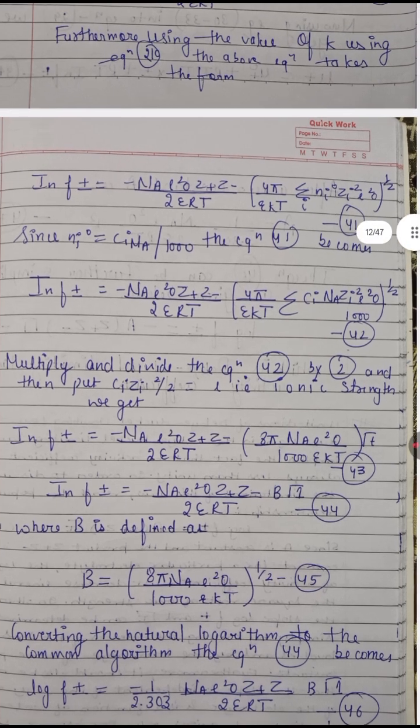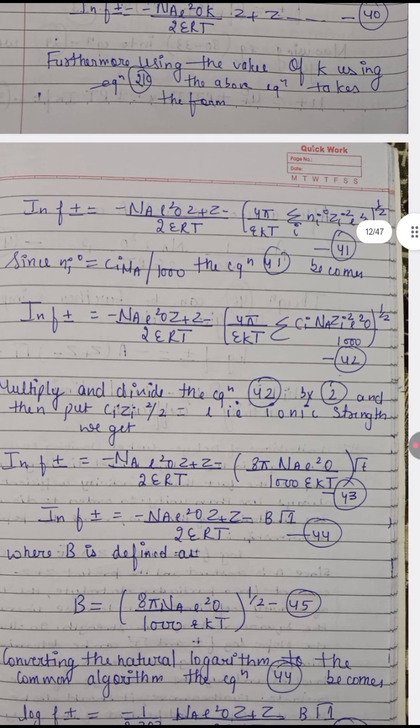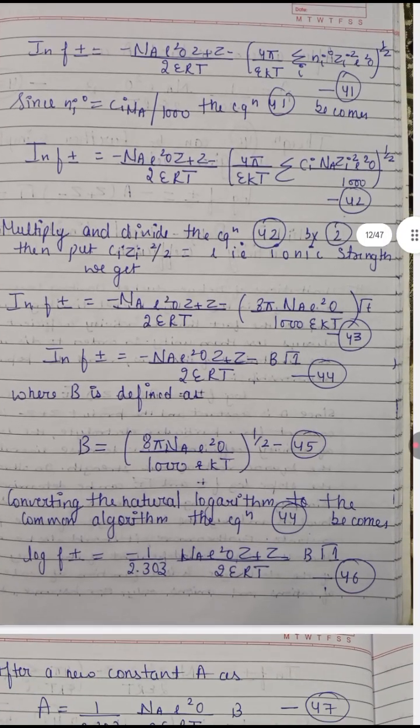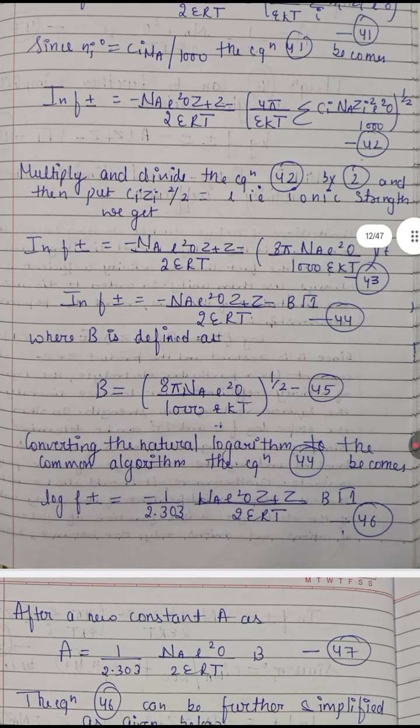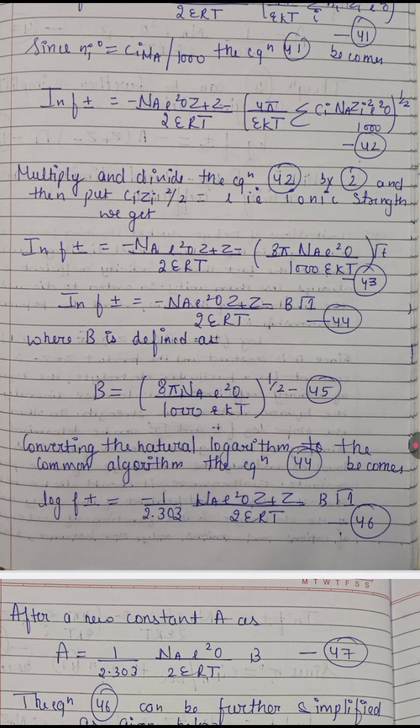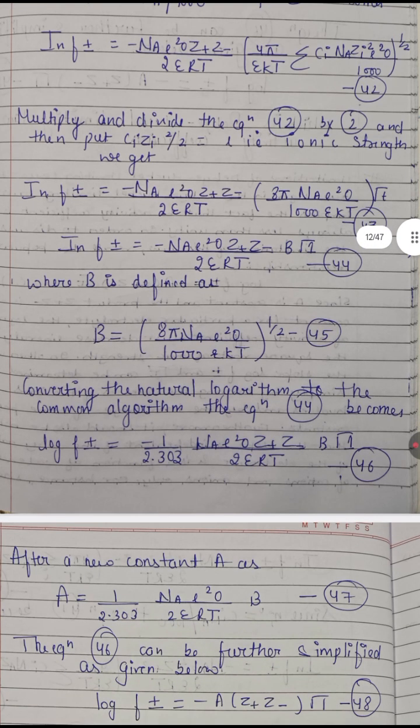Furthermore, using the value of k from equation 21, the above equation takes the form ln f plus minus equals minus Na into e naught square into z plus into z negative divided by 2 into epsilon into R into T bracket start 4 pi by epsilon kT summation i ni naught into zi square into e naught square to the whole power 1 by 2, equation 41. Since ni naught equals ci into Na divided by 1000, equation 41 becomes